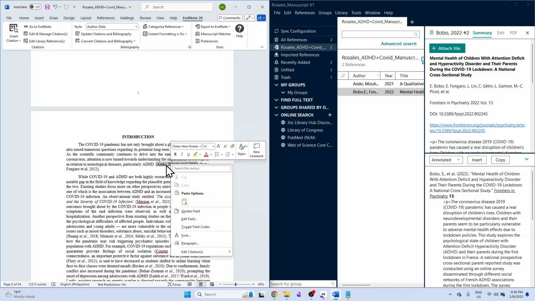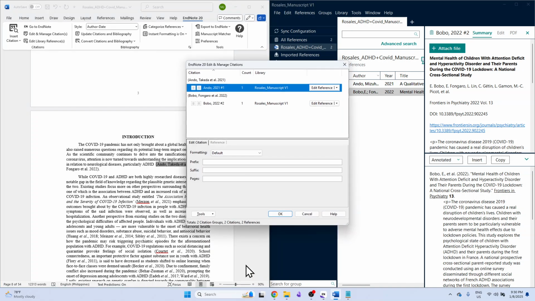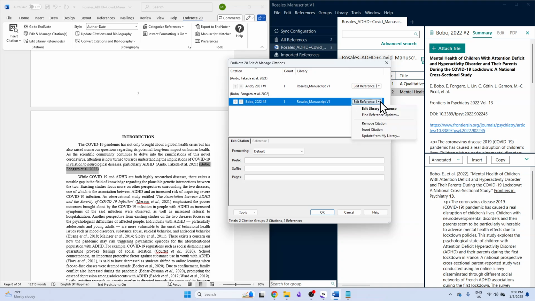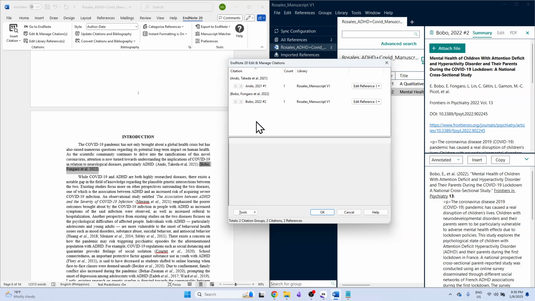For example, this one, right click, edit citations, more. So here you can see na you can actually, I think, how can I join them? Edit references. Hmm. Anyway, sige, yun muna.